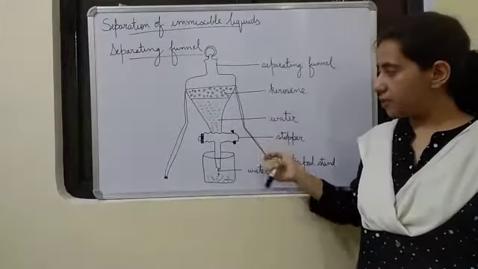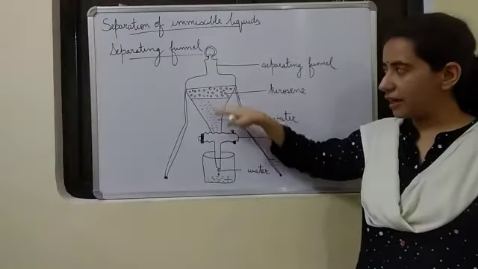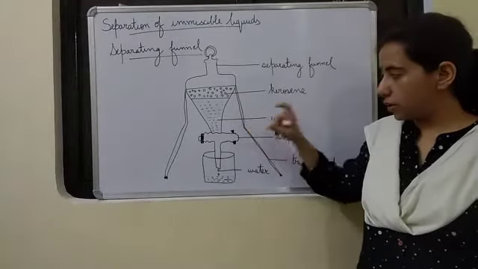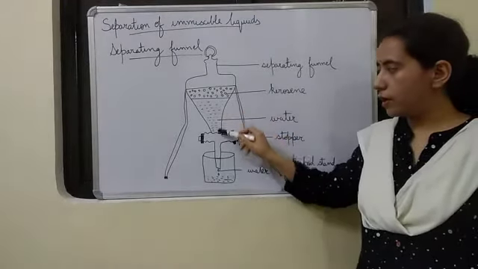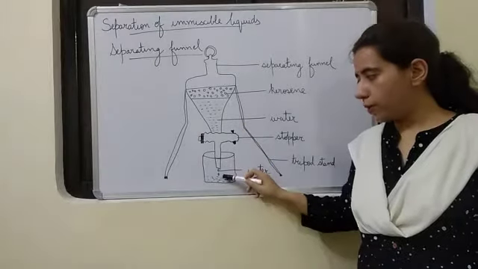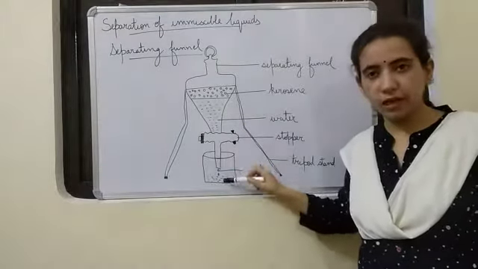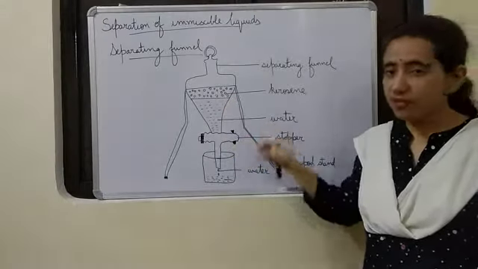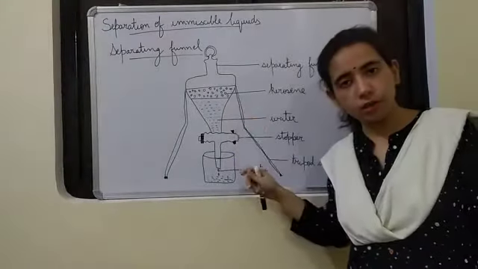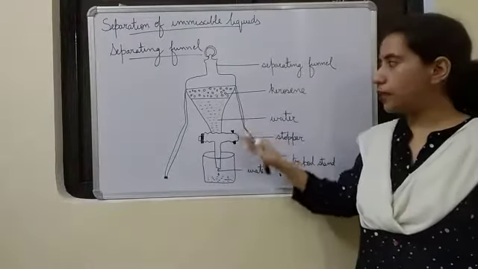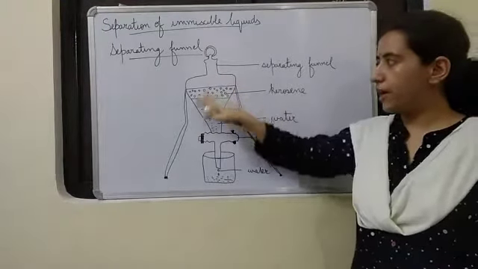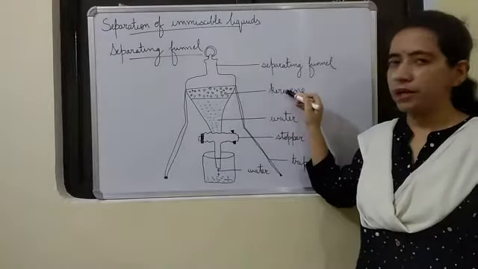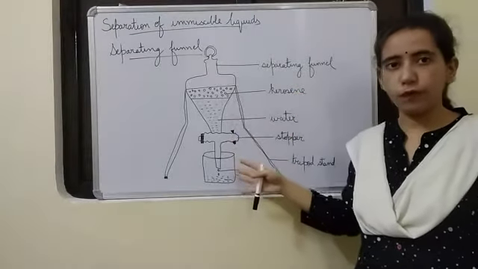We will let them stand, and when we see that clear layers have formed, we will open this stopper. When we turn the stopper, we will see water will flow down. Drop by drop it will get collected in this beaker, and we will wait till all the water has gone down. When we see the last drop of water come down, we will turn this stopper, and in this separating funnel what will remain? Only kerosene will remain here. All the water must have flowed down.